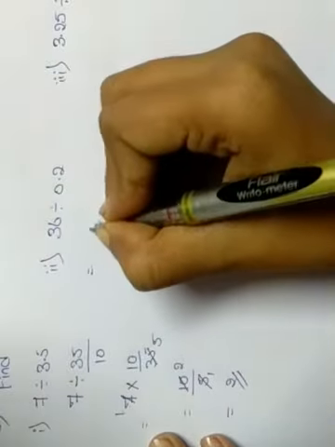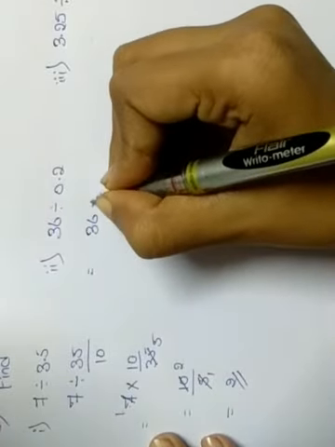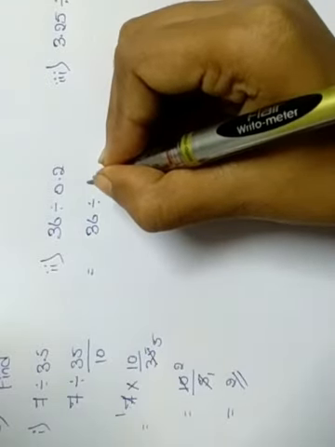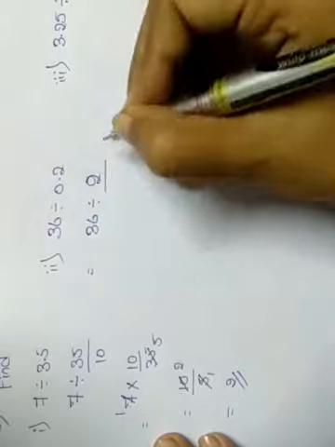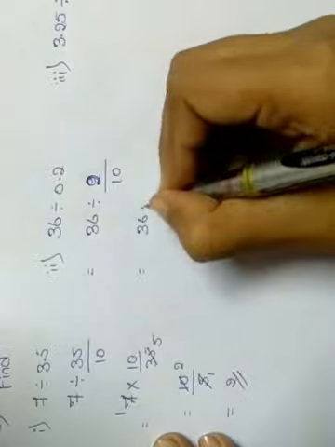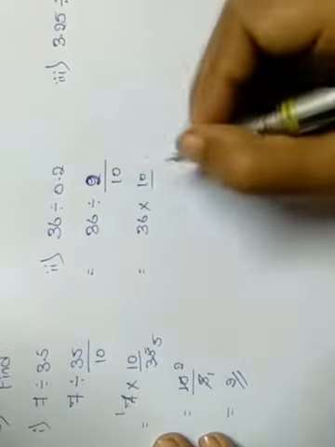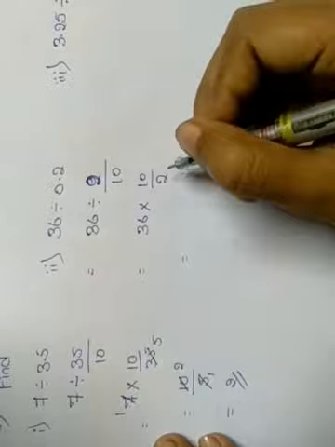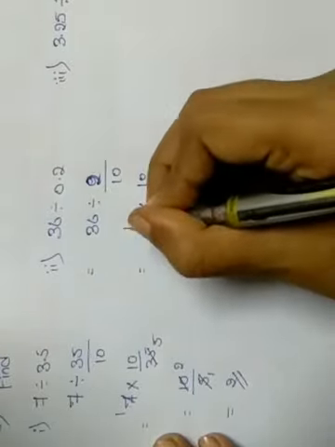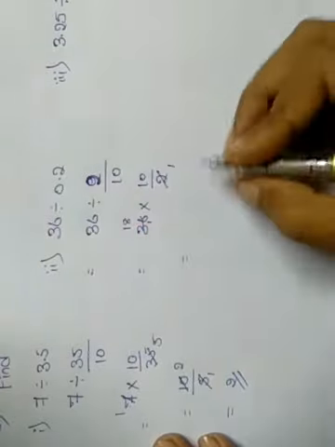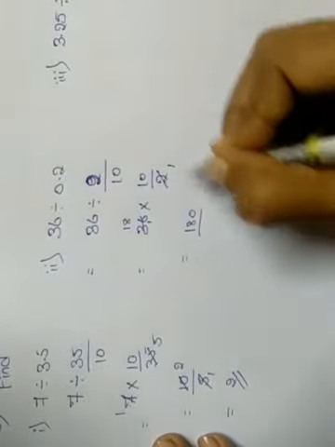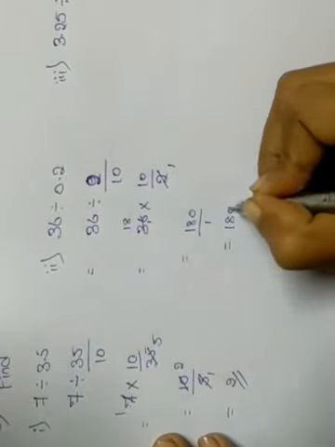Second one, 36 divide sign and we'll ignore the decimal point, that is 2. 2 divided by 10. When we change the sign, that time we have to reciprocal this number and write. Right? You can see that the number will get simplified here. So we need to simplify it. 2 1s are 2, 2 1s are 2. Remaining is 1, 2 8s are 16. Now we got 18 1s are 18 and we'll keep 0 here. Then this is 1. We can write it as 180 as the answer.